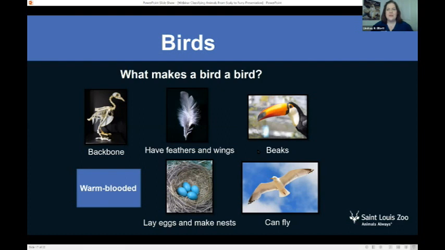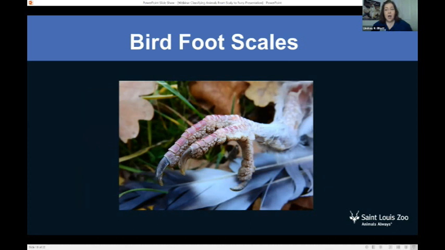I'm going to give you another. Yeah, look at you guys. Awesome job. Yeah, so you guys, guess what? Thank you for taking my poll. I tricked you. Birds have scales. What? Look at this foot. So on birds, their feet have scales and it goes up their legs too.